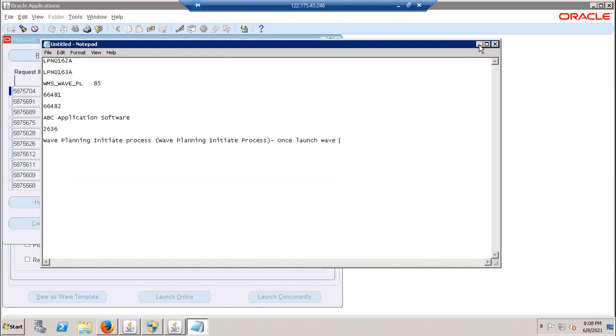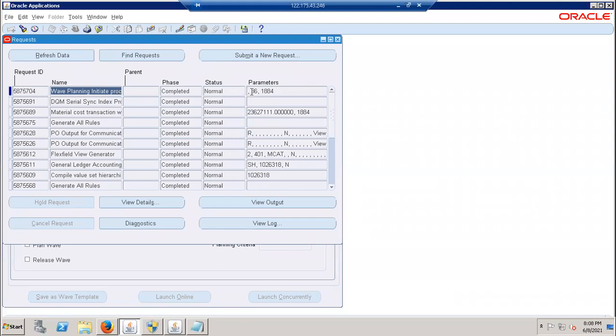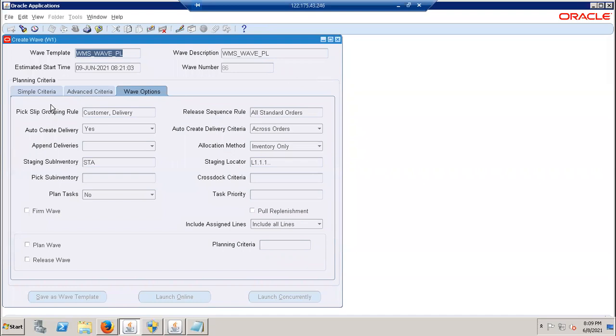Yeah. Perfect. Here also the parameter is taken automatically, right? Yes. You are going to get the wave number also in the parameter. So if you want to see the wave now, let's go and see it in the wave dashboard. Close this. Here the wave number you define, actually our wave number is 85. Now it automatically generates 86, right? No, when you define and save it, it is 85, but when you run it, it has become 86. So the increment is going to happen.